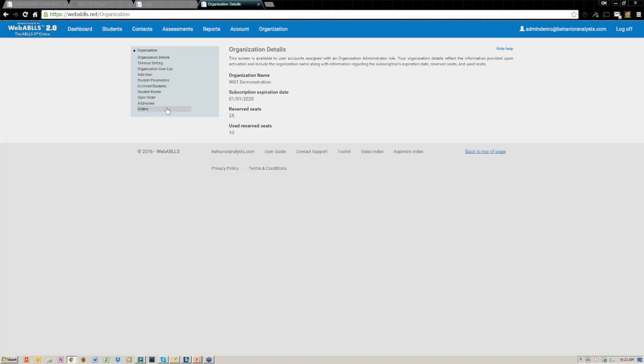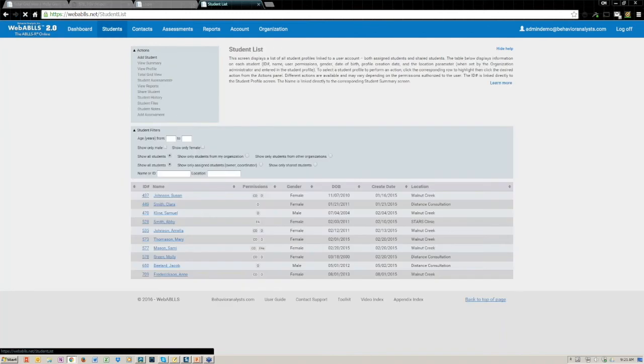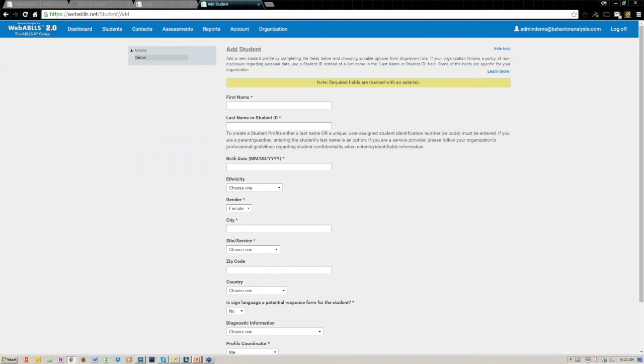So now we are going to go and add our student. Now I mentioned several ways to get to the same thing. On the dashboard I showed you where you can click Form to add your student. Now I'm going to click the Student tab in the banner, and I'm going to show you the Add Student link is here as well. Either link will take you to the same screen. So here we are at the Add Student screen, and we're going to begin to add our student.